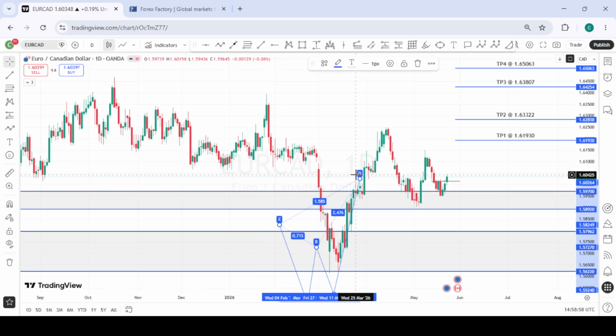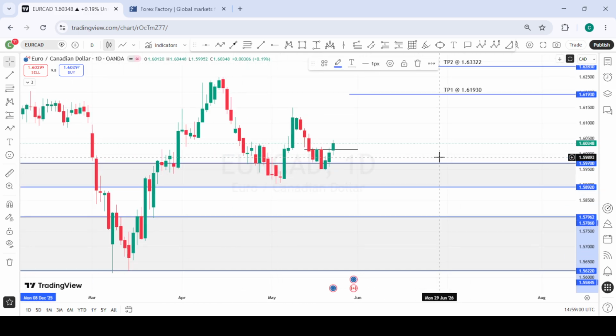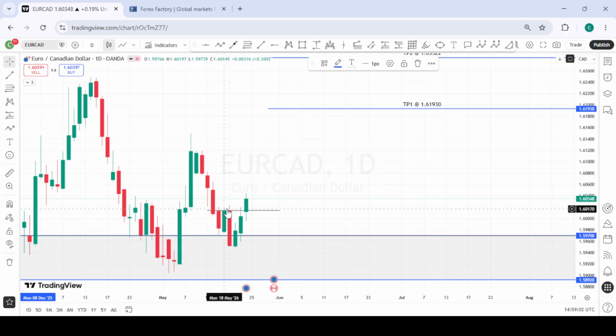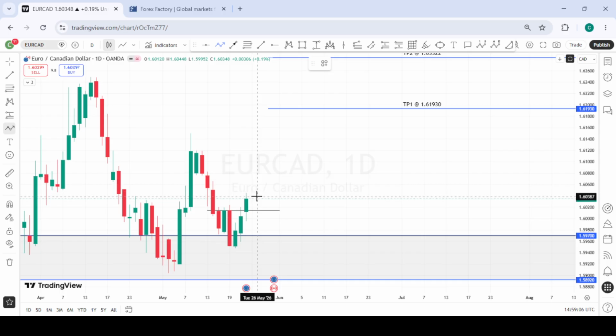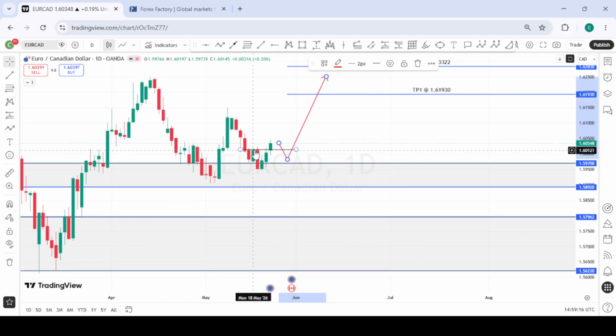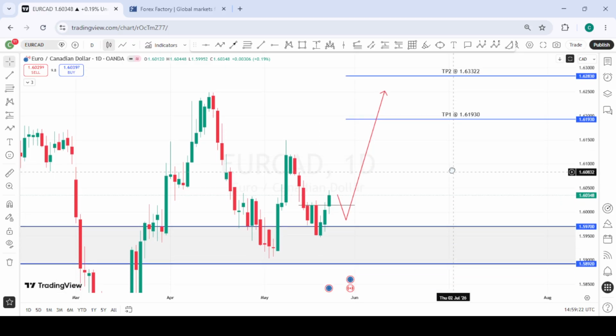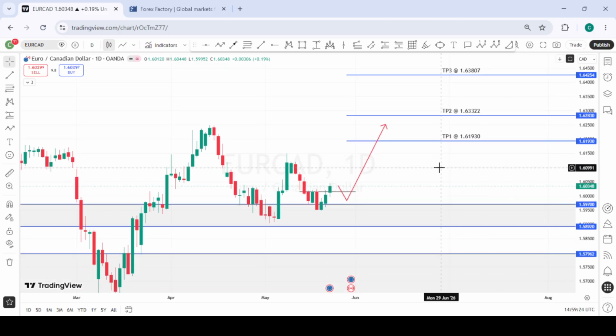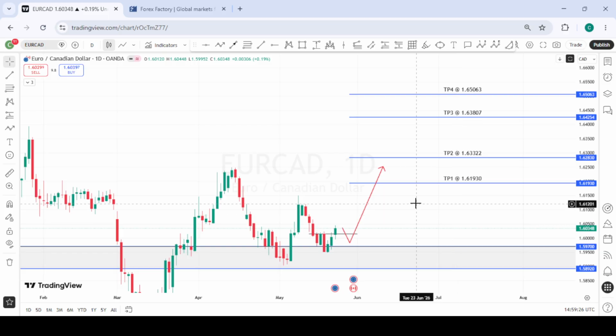Go to the daily time frame, you can see that price has shifted structure here, a very clean structural shift here. So all we are waiting for is a possible pullback to either retest the structure points here or come for a possible higher low formation, and then we look for buying opportunities to the upside. So it's either price reacts from the structure points here or comes a bit deeper, and then we take our buys from here to the upside. So we are very bullish on EURCAD for the coming week, and these are the various targets we have for EURCAD to the upside.